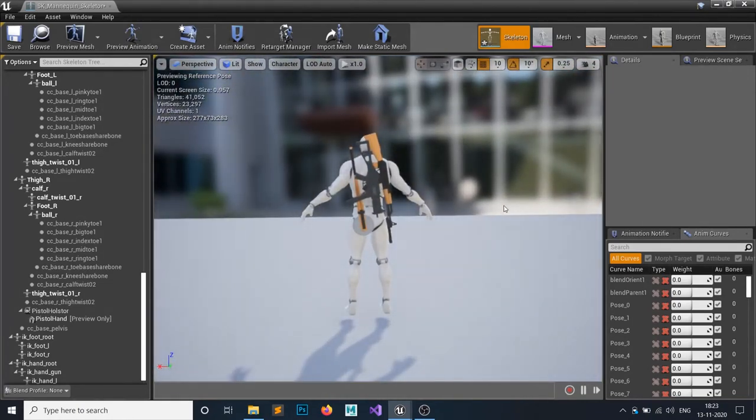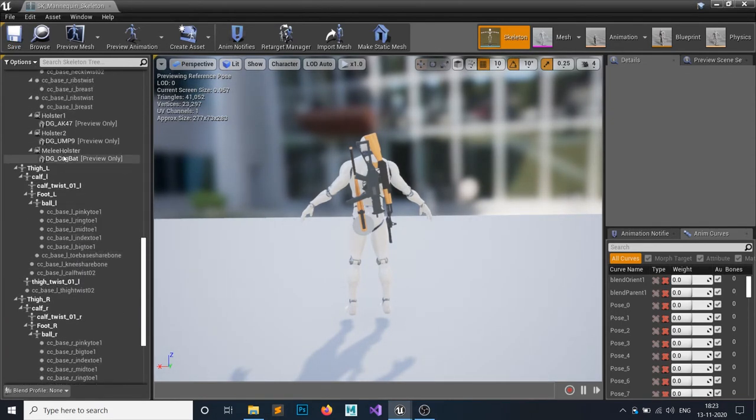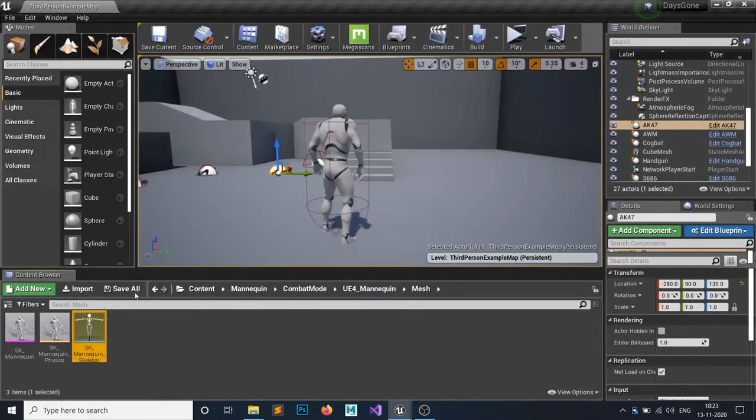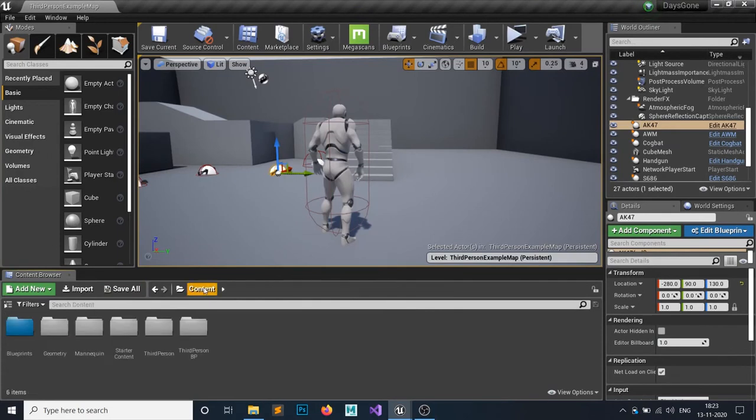Okay, and make sure you name them properly. This is a pistol holster, a melee holster, holster 1 and 2. Okay, done. It's saved. And now what we need,